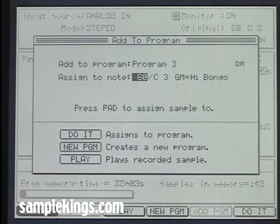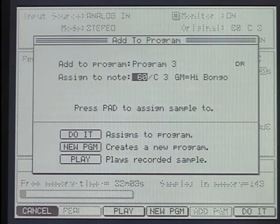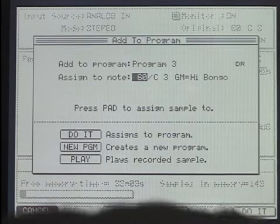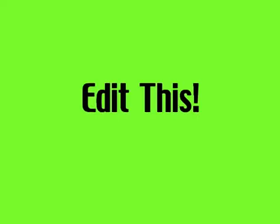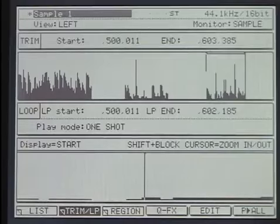And here we have it, again, to assign to this program. We can assign the pitch, in this case C60. I can press the pad, and Do It assigns it to the program. Do it, and I'm assigned to the program, and I'm right back where I started, ready to sample all over again. Okay, as you can see here, we're in our sample edit window, which is our trim window. And to get to this, we press trim,